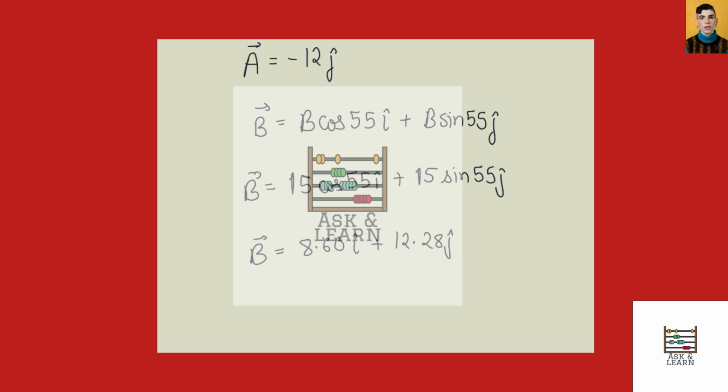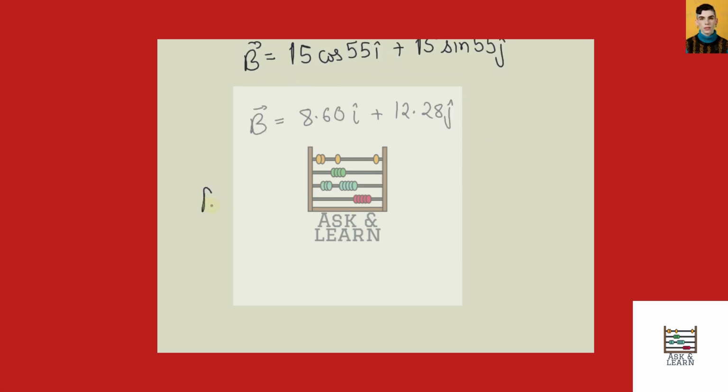If we add these two vectors, A plus B, vector A is minus 12 j cap, plus vector B is 8.60 i cap plus 12.28 j cap. Now if we do the component-wise addition, it will be 8.60 i cap